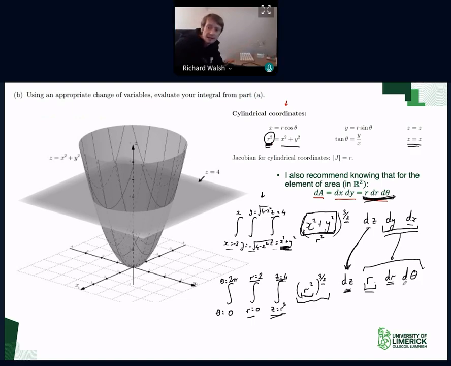The last one is theta. So the very last integral to the left has to be theta equals. So a circle goes between 0 and 2 pi. So for these limits,